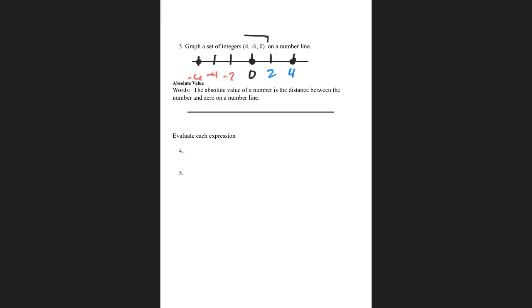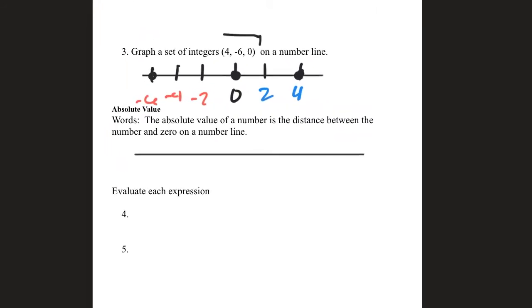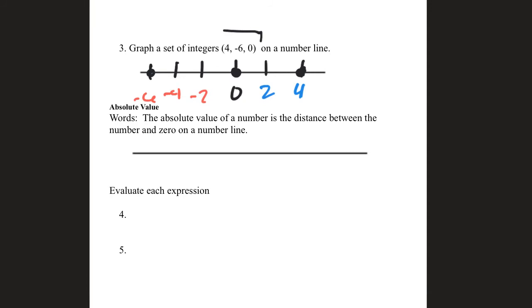When we talk about absolute value, this is pretty important, right? The absolute value of a number is the distance between the number and 0 on a number line, right? So if I have a number line,